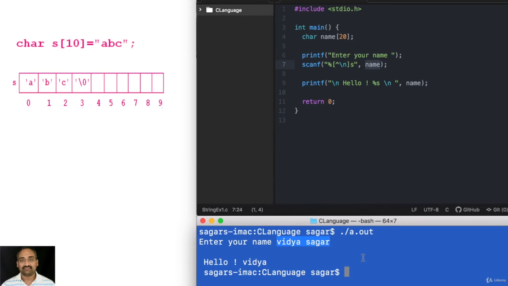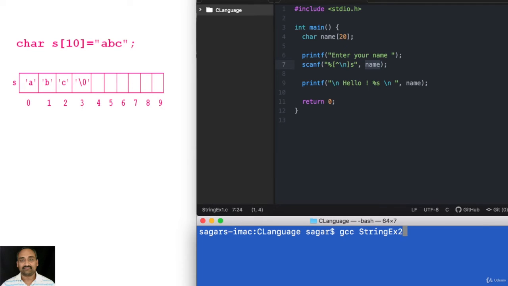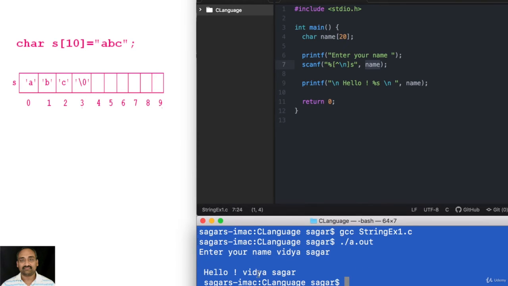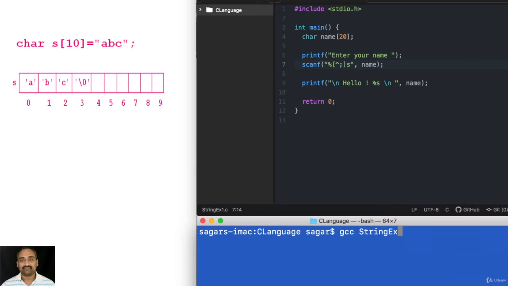Now let us see the outcome of this. I'll say Vidya Sagar, and you can see that it also accepted the space. Now if I put a semicolon, see what happens. I type Vidya and press enter, but still the scanf did not end.